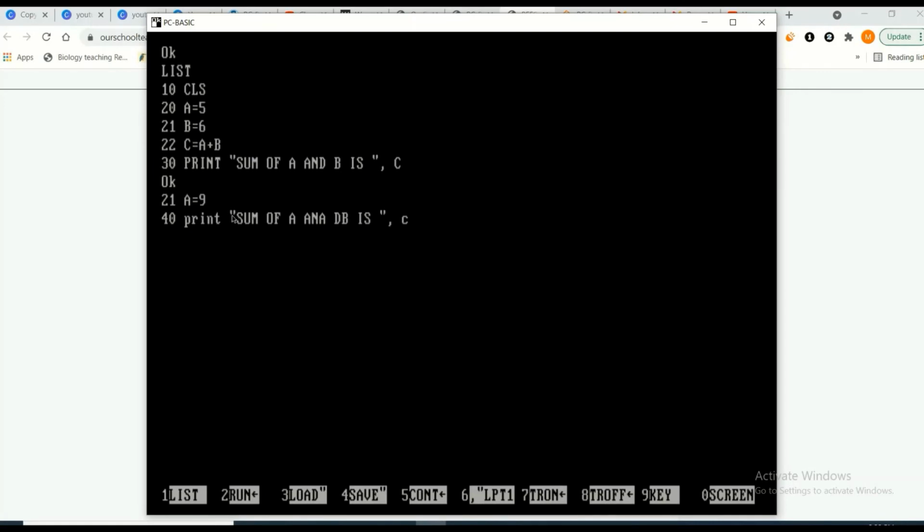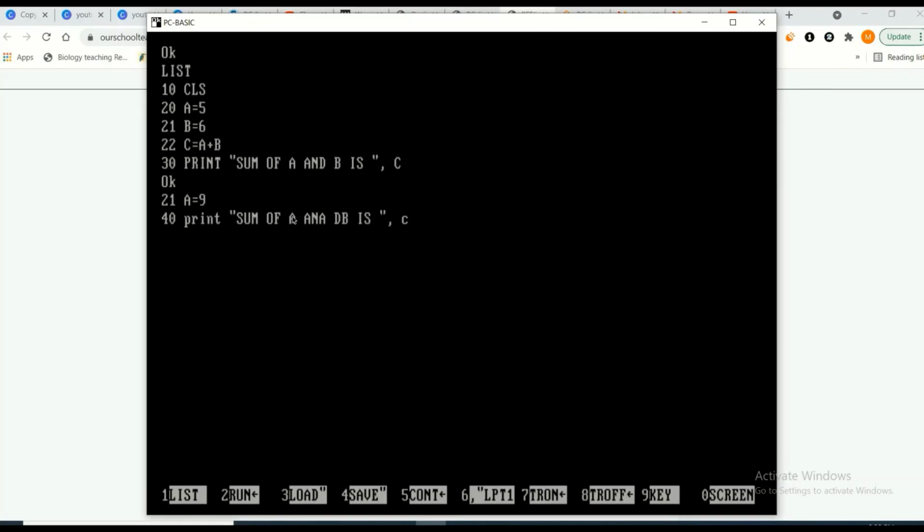Except this message will be displayed as I enclosed it in quotation marks. Otherwise, for the BASIC language, whether a command or variable is in small or capital letters, there is no difference between them.